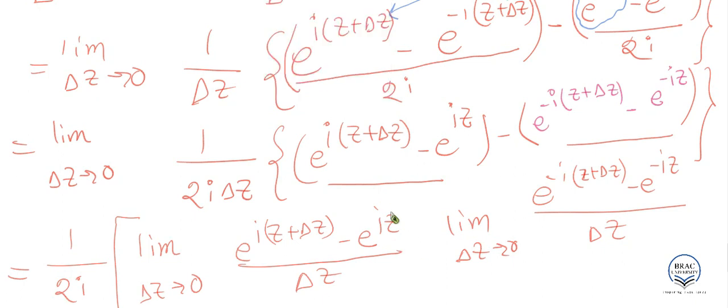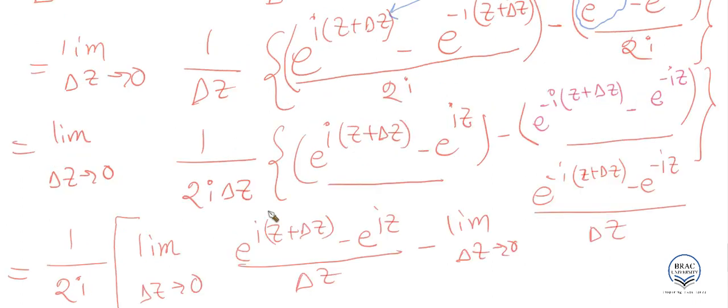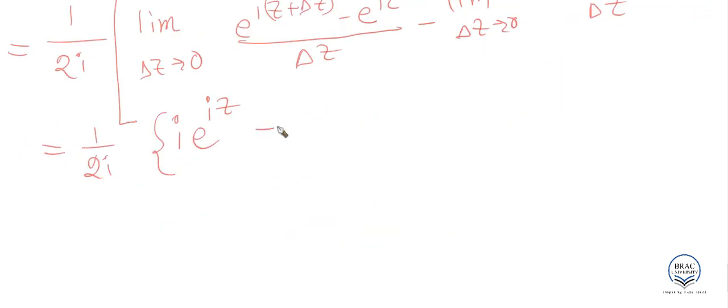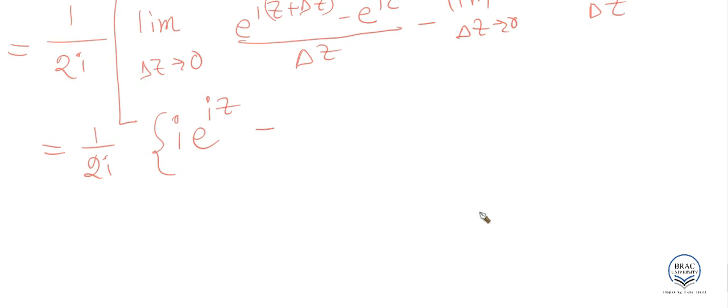It's a minus sign. And here you have a minus sign, and notice that instead of i, like this expression, there is a minus i. So this minus i as a whole should come down. So you have this minus i and e to the power minus iz,